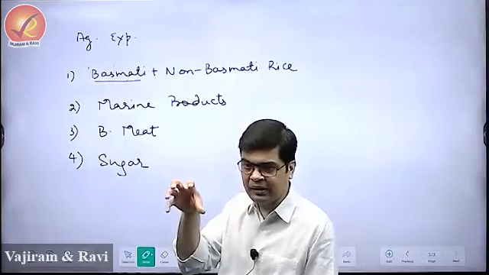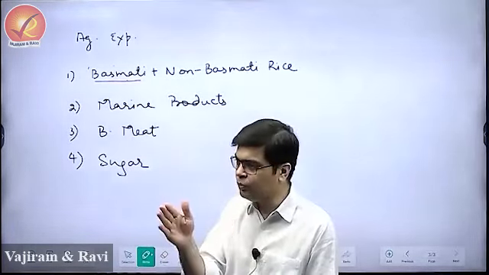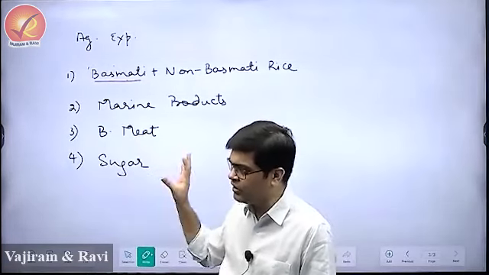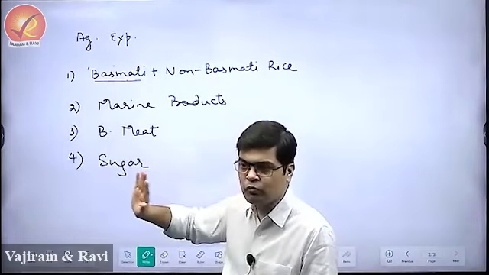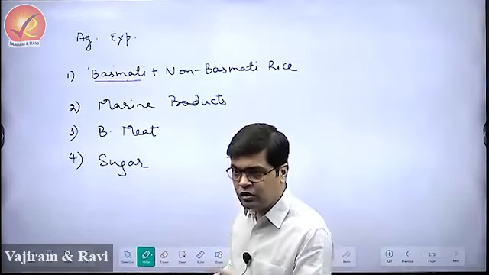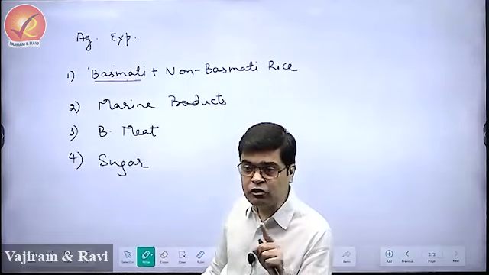This belt is known as the sugar belt of India, where the Jat cultivators of UP largely go for sugarcane cultivation. It's a profitable crop there. Okay? Assured irrigation is available and the farmers go for sugarcane cultivation. Then sugarcane is also cultivated in the Tarai regions of Uttar Pradesh.